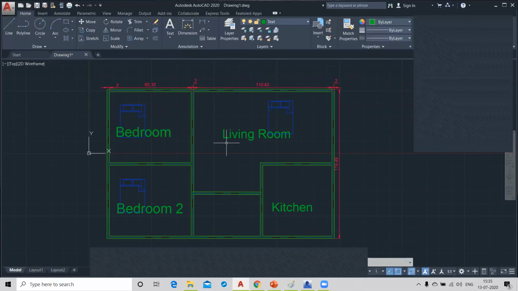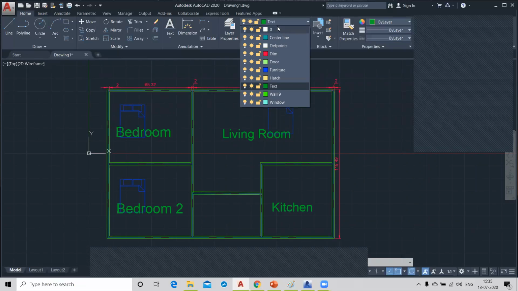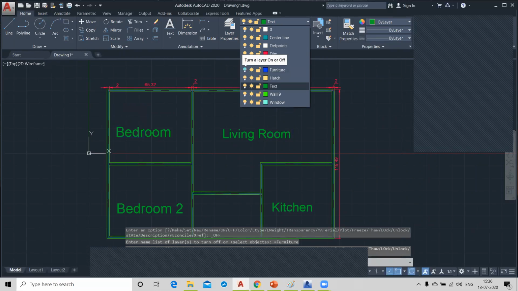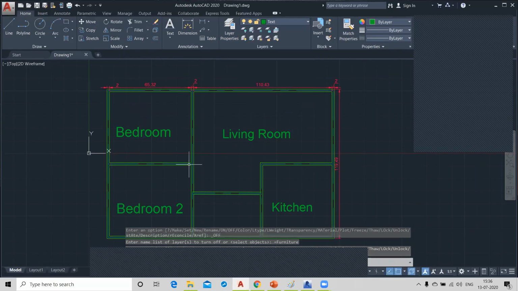So this is the very complete figure. If you want to hide your furniture, you can select your furniture layer and click on this, Turn a layer on or off. You just click on this bulb. See, all the furniture will hide.